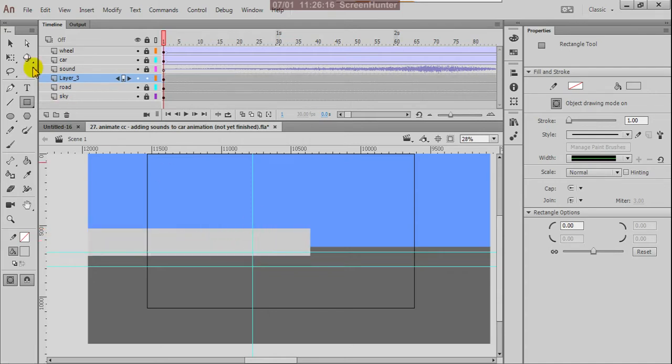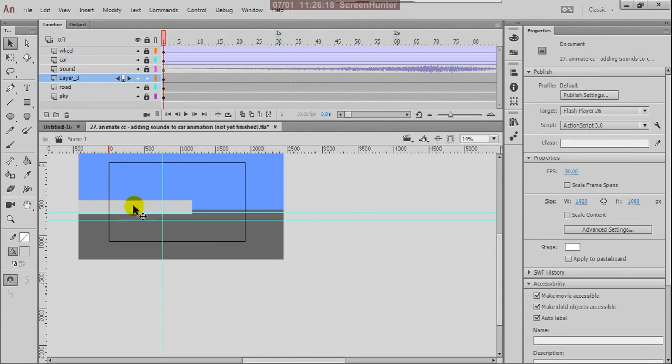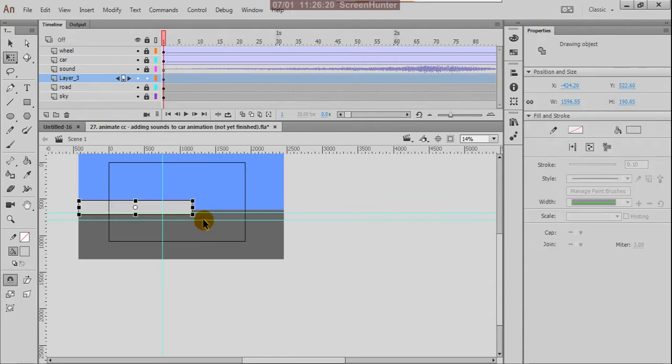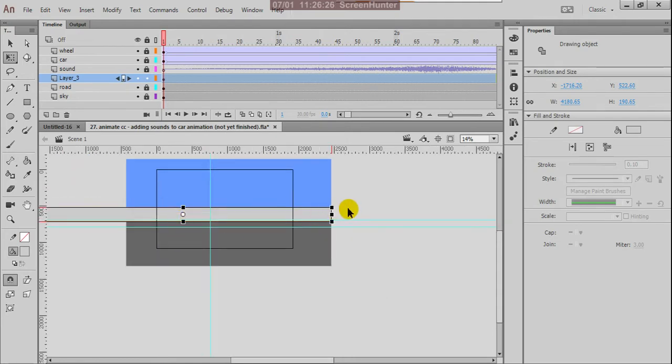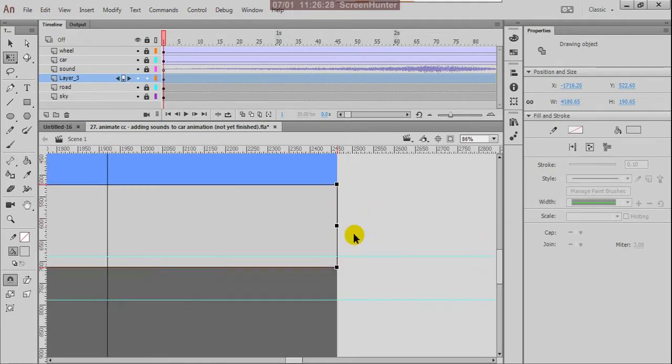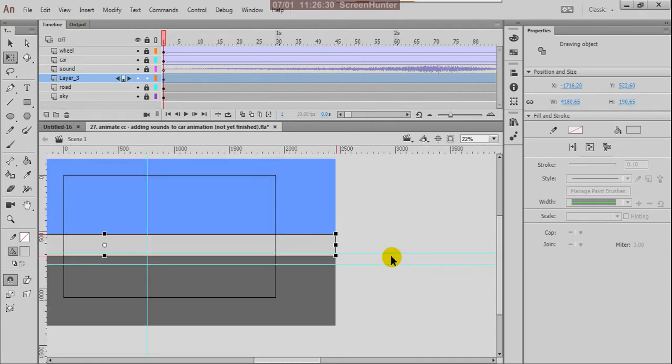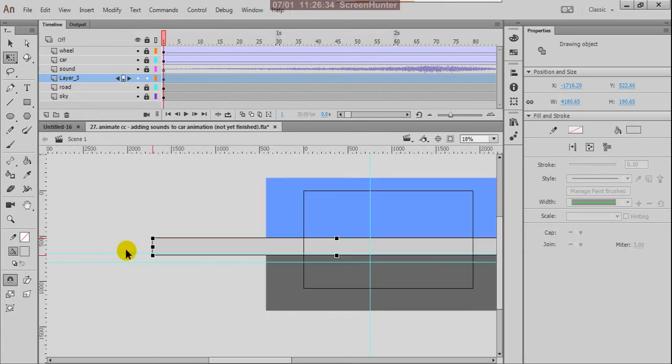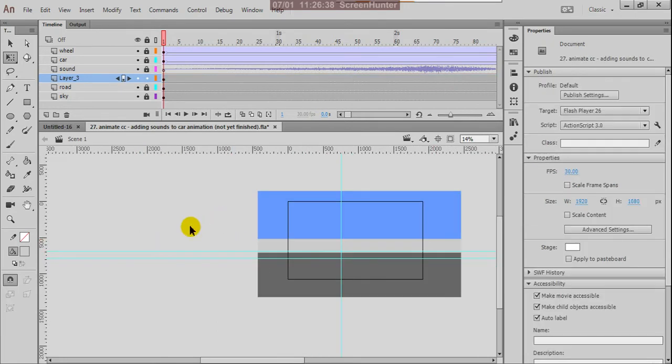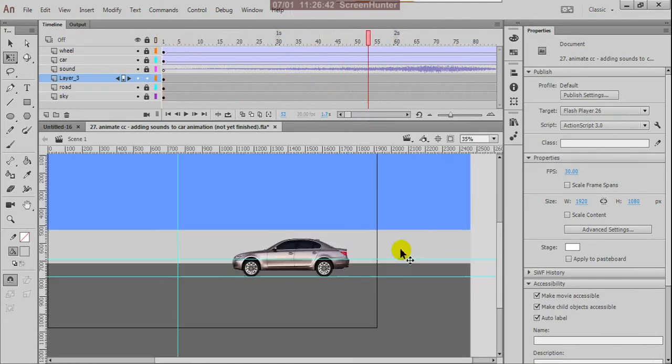Press Q. You can move this point here, and now you check your region where it can be.